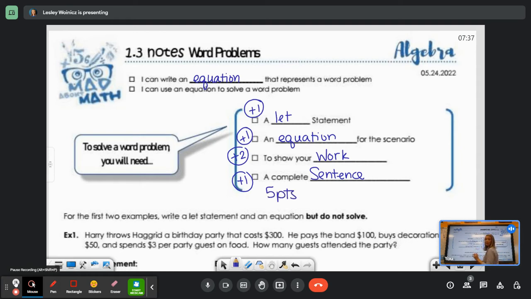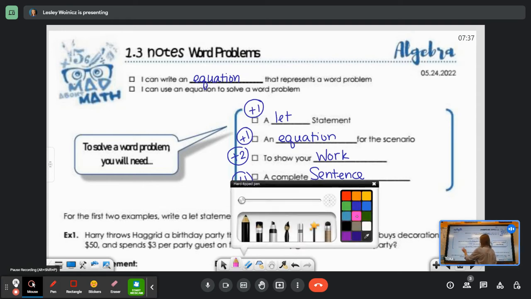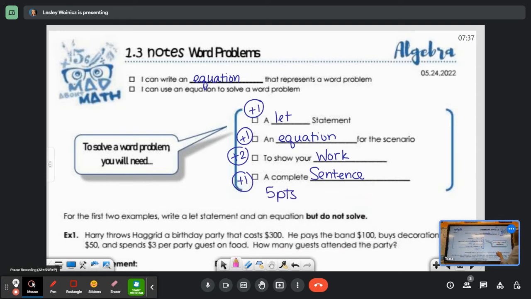These word problems are huge, okay? They're worth a lot of points, so it's really important that you go through the checklist and remember to get everything. Okay, let's talk about some key words before we dive in. Some key words to tell you that your signs are going to be positive. Okay, would be increasing,